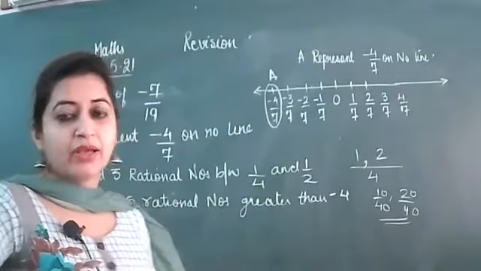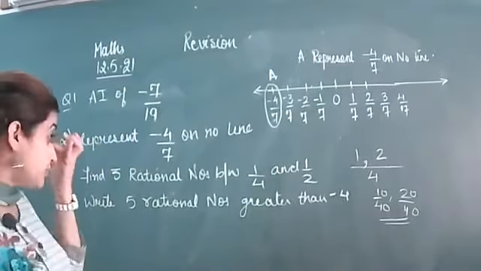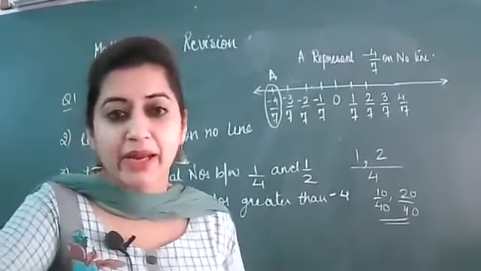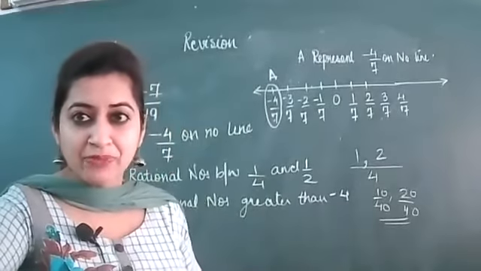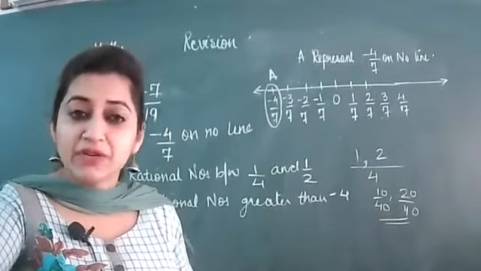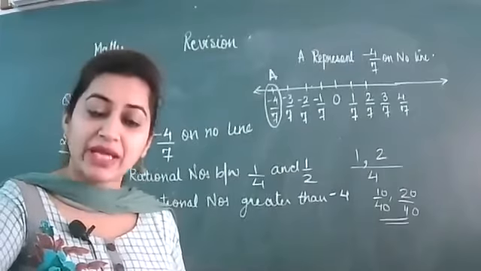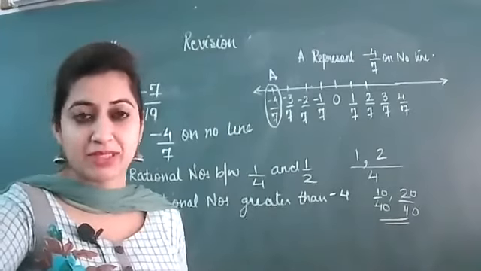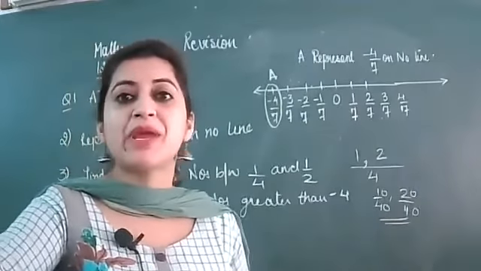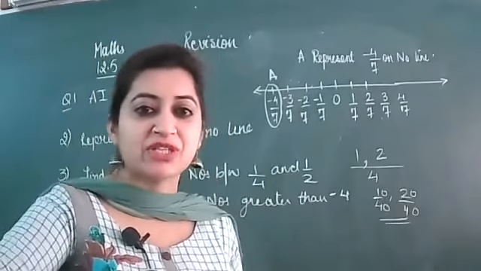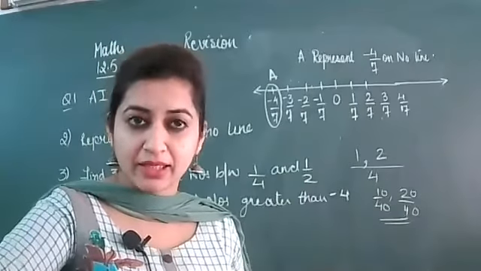Okay? Is it okay? Now, can you tell me how many rational numbers can be there between two numbers? There will be infinite rational or irrational numbers between any two numbers. Means किसी भी दो numbers के बीच में infinite number होते हैं, चाहे वो किसी भी type के. ठीक है?